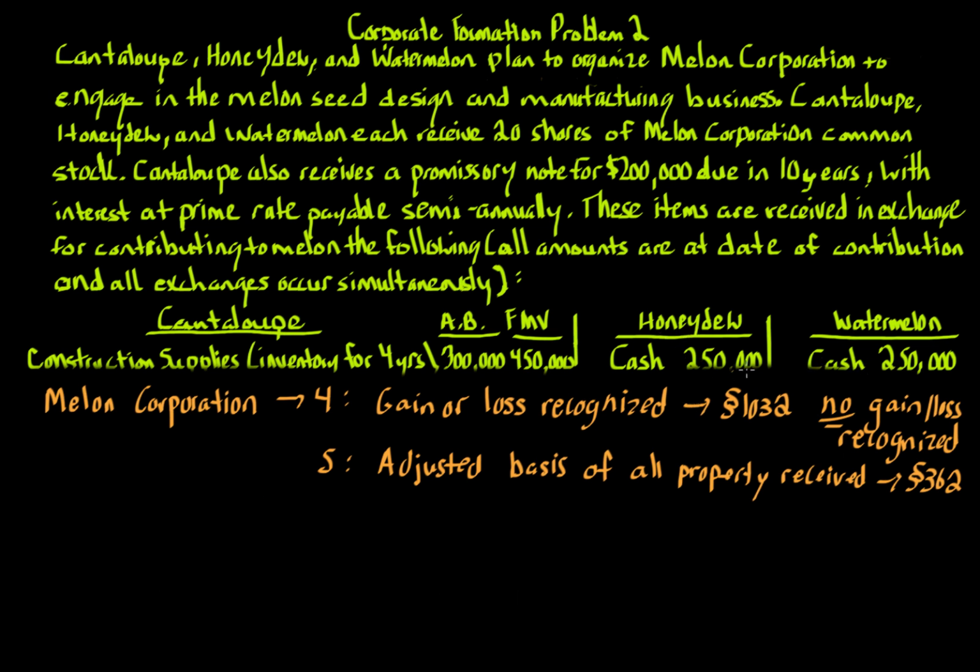Well, cash is easy. It's always just the face value. So that means that we record cash. There's $500,000 in cash because 250 plus 250 is 500. So that takes care of those assets. The only other asset to worry about is the construction supplies. So the construction supplies,